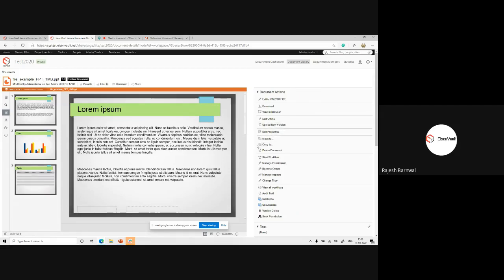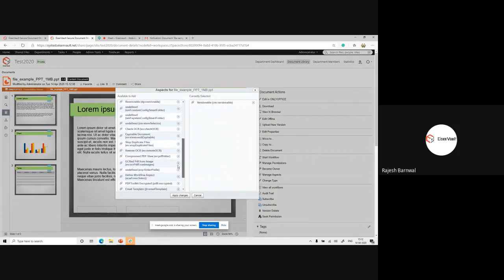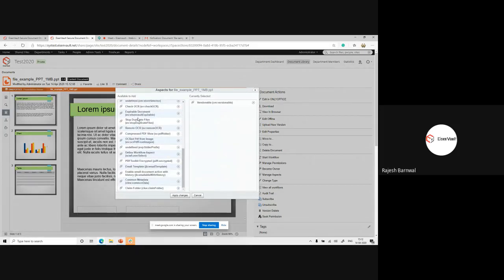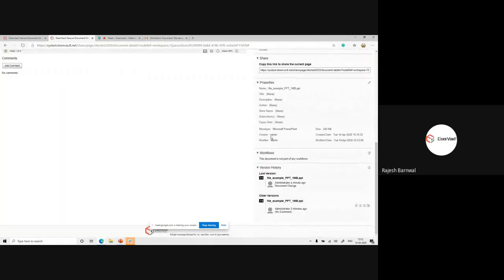How to set this expiry notification? First you have to add an aspect to that particular document. So let me add the aspect of expirable document. Okay, apply changes. See, earlier there was no expiry date field. Now I can set an expiry date.